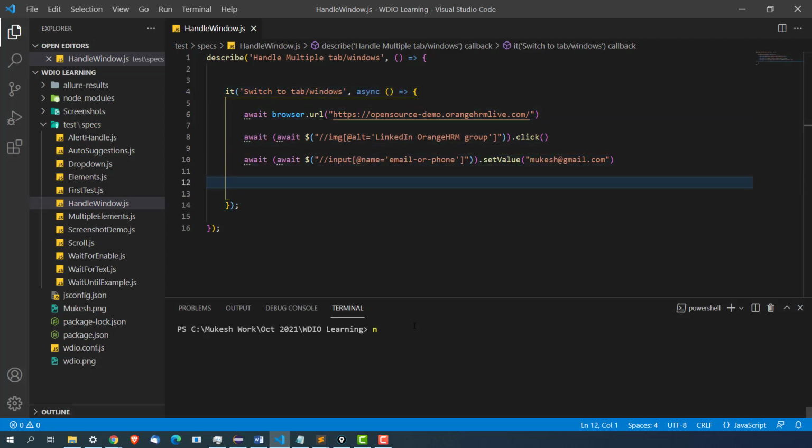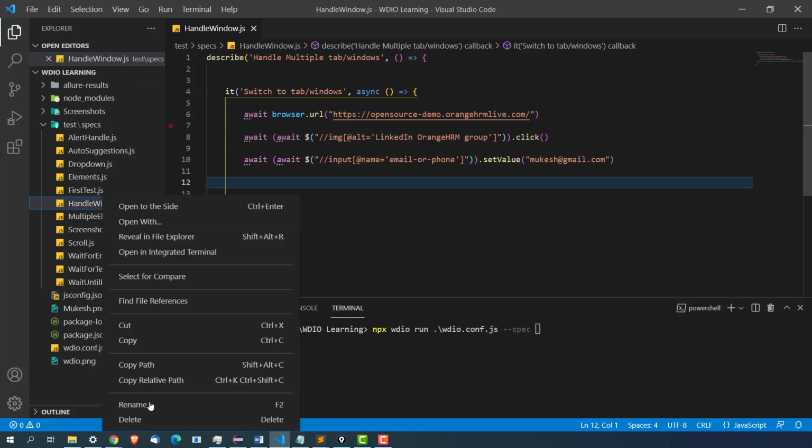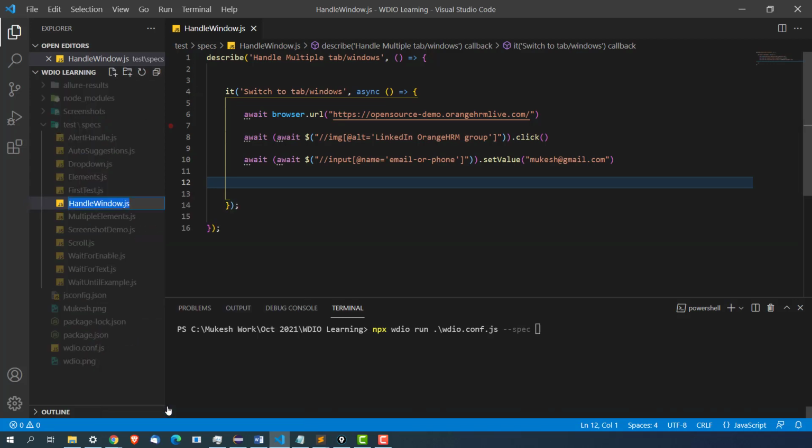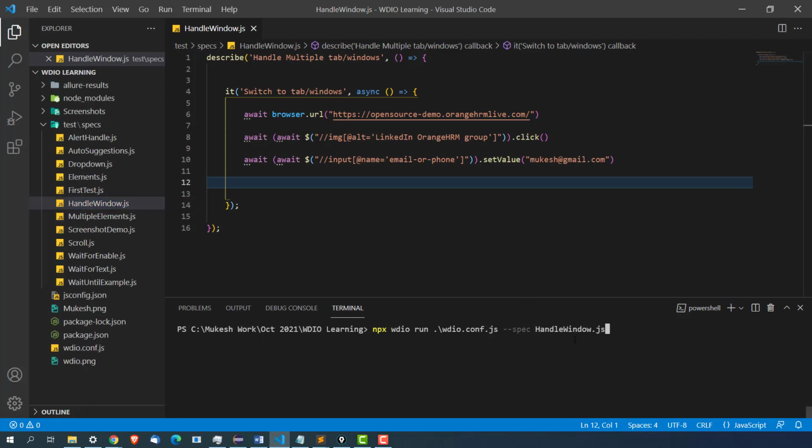We have seen in the past how we run. We'll write npx wdio run, then our wdio.conf.js file, and which spec file we are looking for. We are looking for this spec file, which is handle window.js. So I'm going to use this, hit enter.